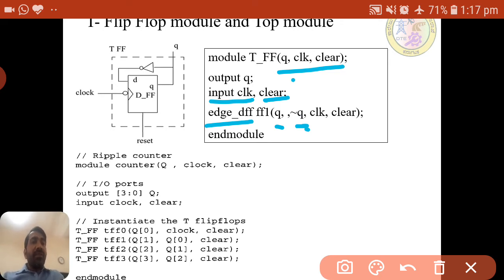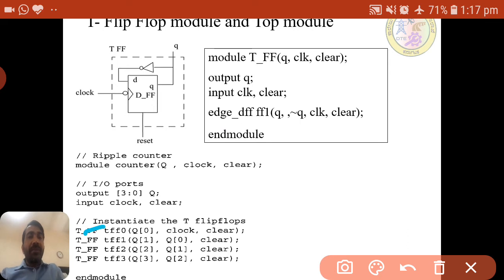Now the same T flip flop we called 4 times. This module name is nothing but the one we wrote data flow modeling for, that is the basic circuit.